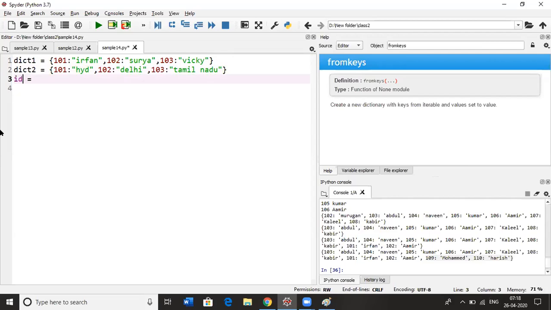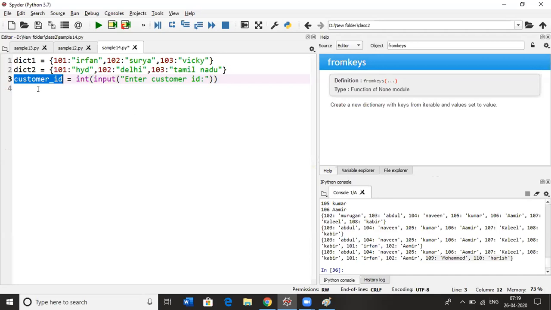From the user, I need to input the customer ID. This will come in a string format. We need to convert it into integer. Okay, I'm having a customer ID in this customer ID variable.